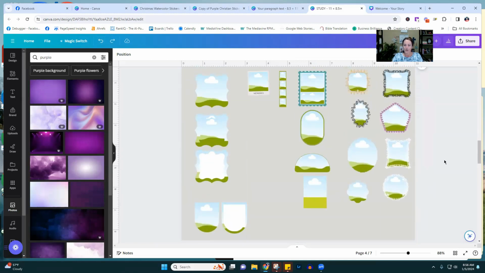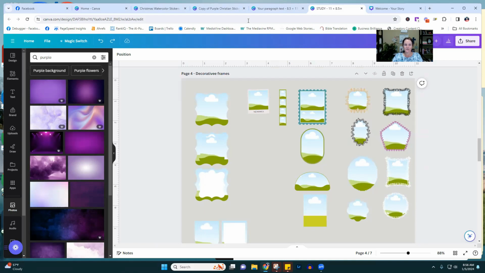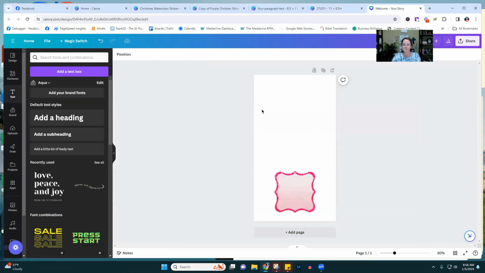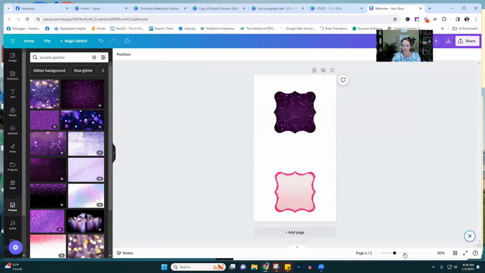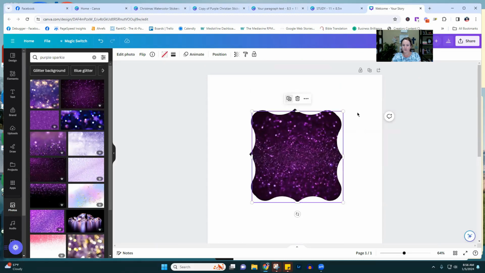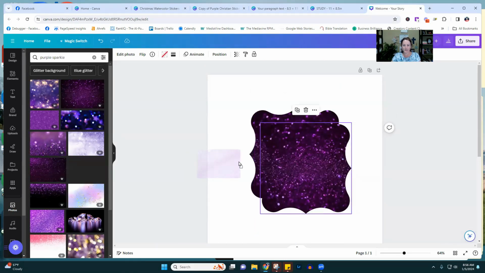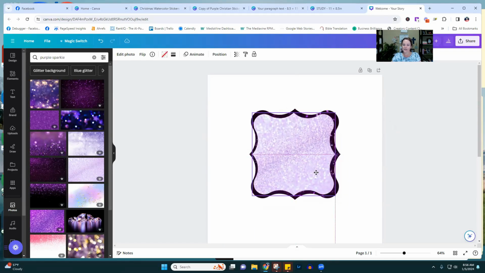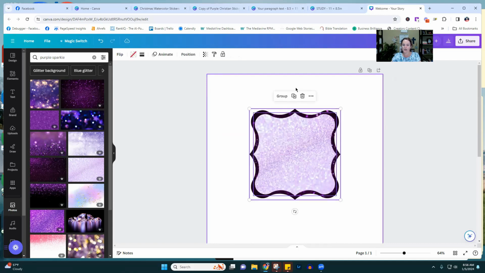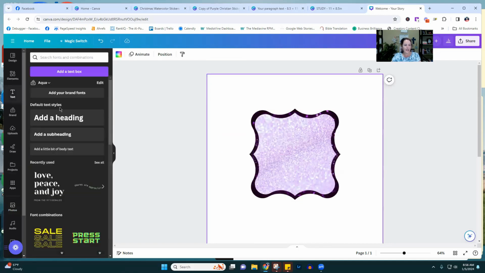Let's see, you can change the words. Some of these you can actually do fun things with. So I'm going to take this one right here. I'm going to Control C. I have this blank thing opened up. You can see I already have one there. Control V. So let's make this bigger. And let's do dark purple sparkle. Make the screen bigger here. And then we're going to duplicate this. And in this second one, we're going to do light sparkle. And then we're going to pull this in just a little bit and then center it inside there and group it. And then now you can add